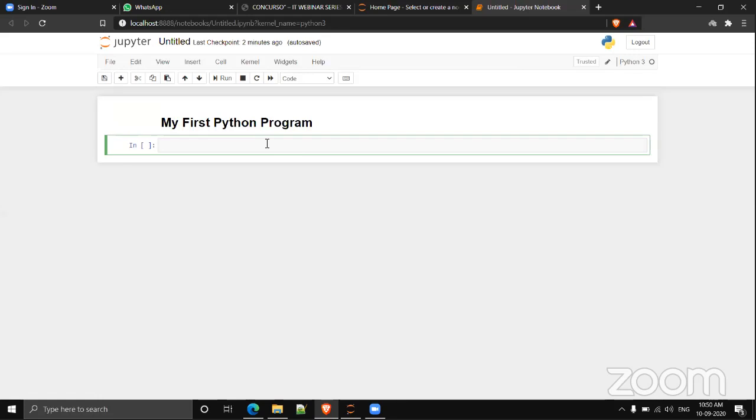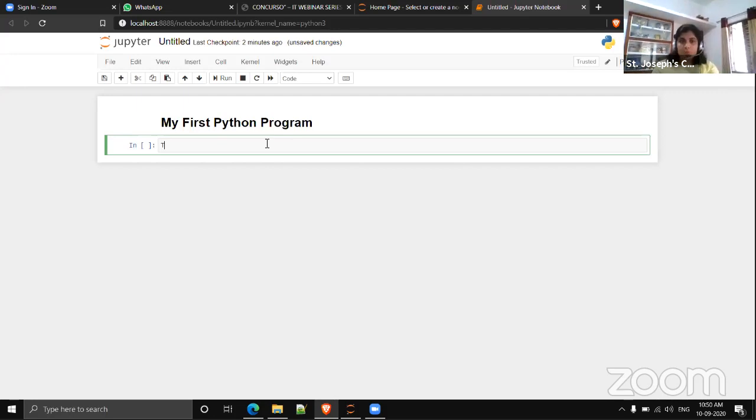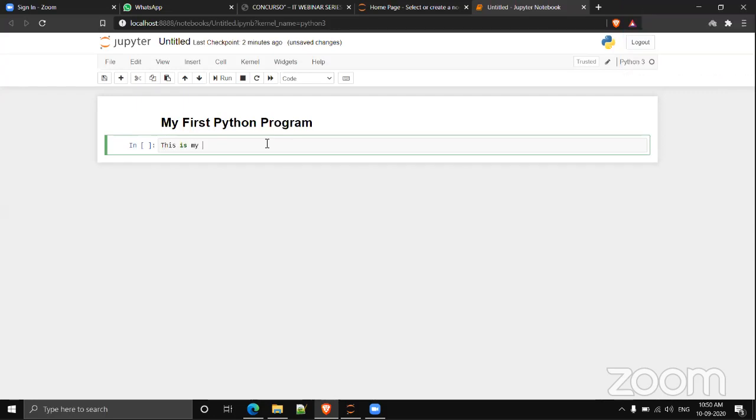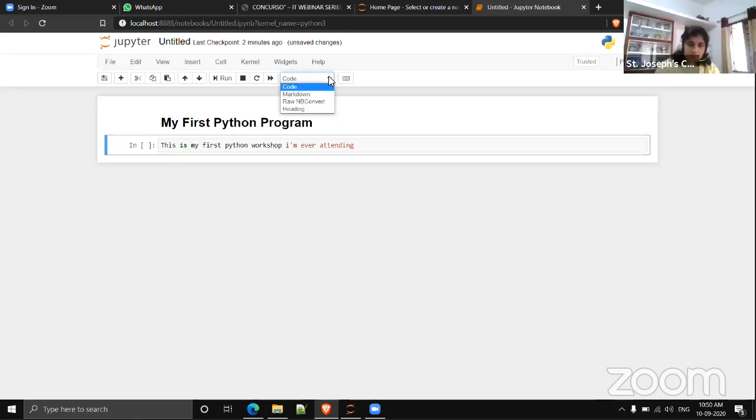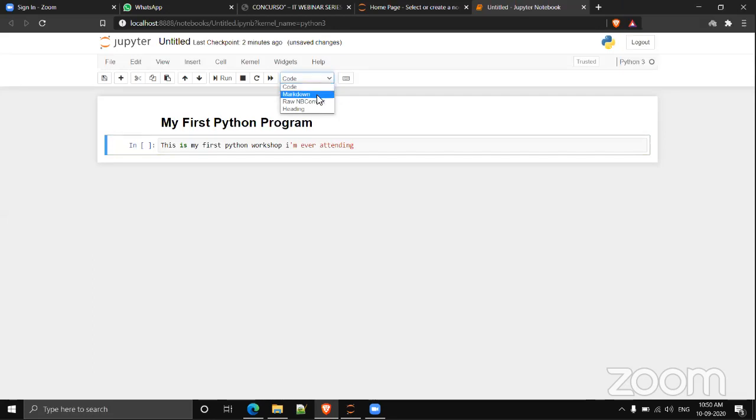And you can make a note here, like this is my first Python workshop ever attending. Now it's interpreted as code, and if you want to make it a note, just change the type to markdown and shift enter.